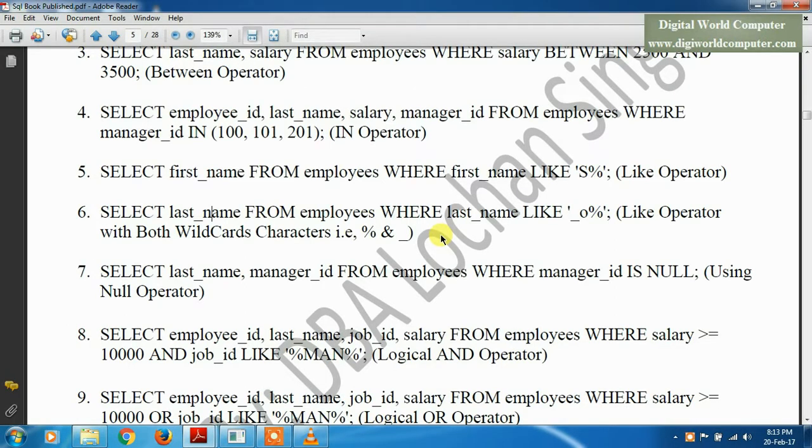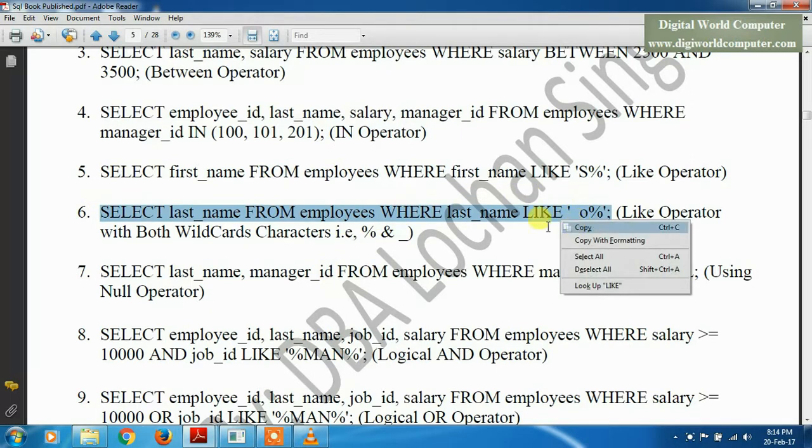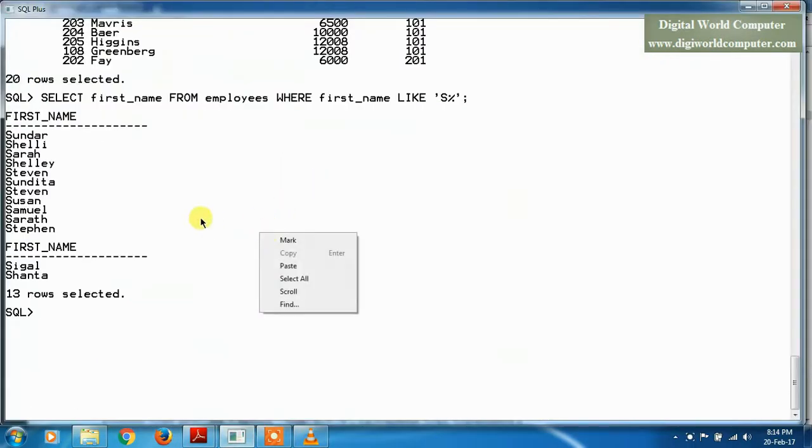Here you can see another example of the LIKE operator. You can see the query: select last name from employees where last name is like '_o%'. It means the second letter of the last name is o, and we use both the wildcard characters, that is percent and underscore. When we select this query and execute it on the SQL prompt, then we will get